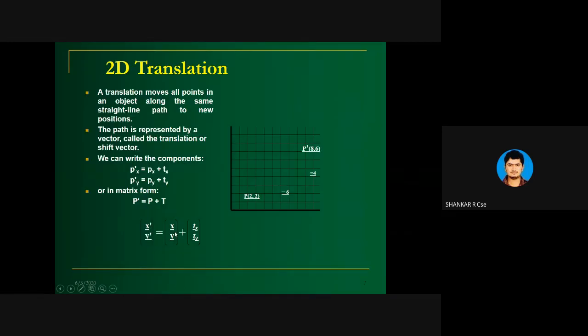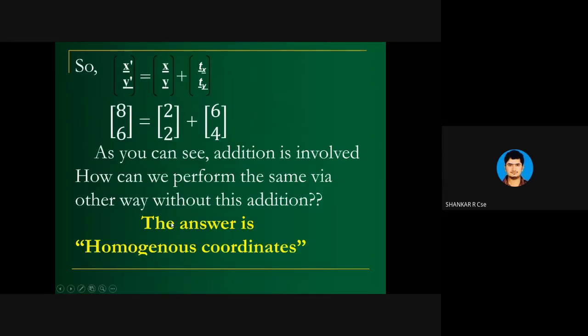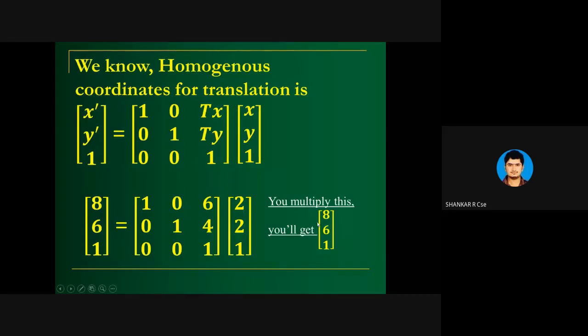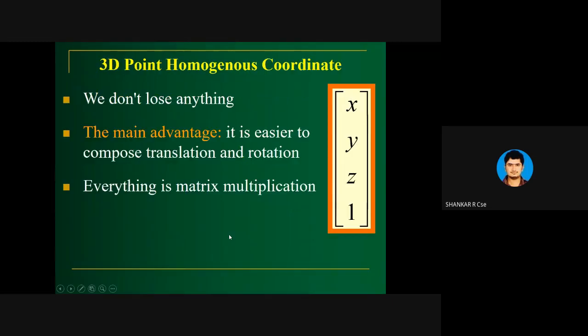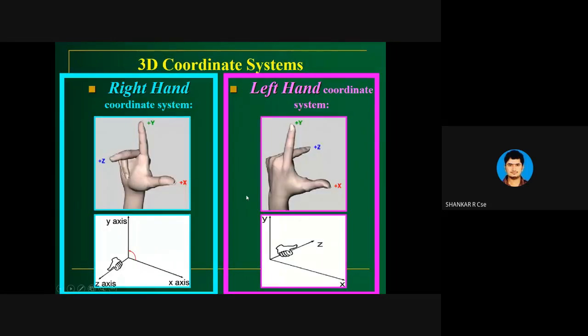To support this, you can see here, this is with addition, 8,6, and without addition also, with the help of homogeneous, we got 8,6. So in effect, we don't lose anything. The main advantage is it is easier, and everything is matrix multiplication. All this we saw: 3D rotation,